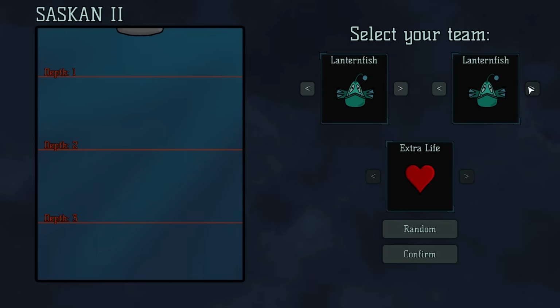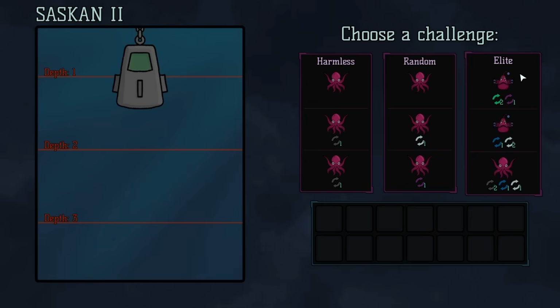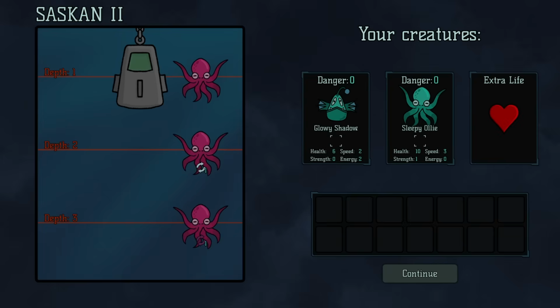Oh, you get a team of 2 now. Okay, I see. Interesting. Well, let's go with a squid and a lanternfish. Looks like we have the option to go elite here as well for a whole bunch of rerolls. Let's go with random. Alright, Glowy Shadow and Sleepy Ollie. We're gonna call this one